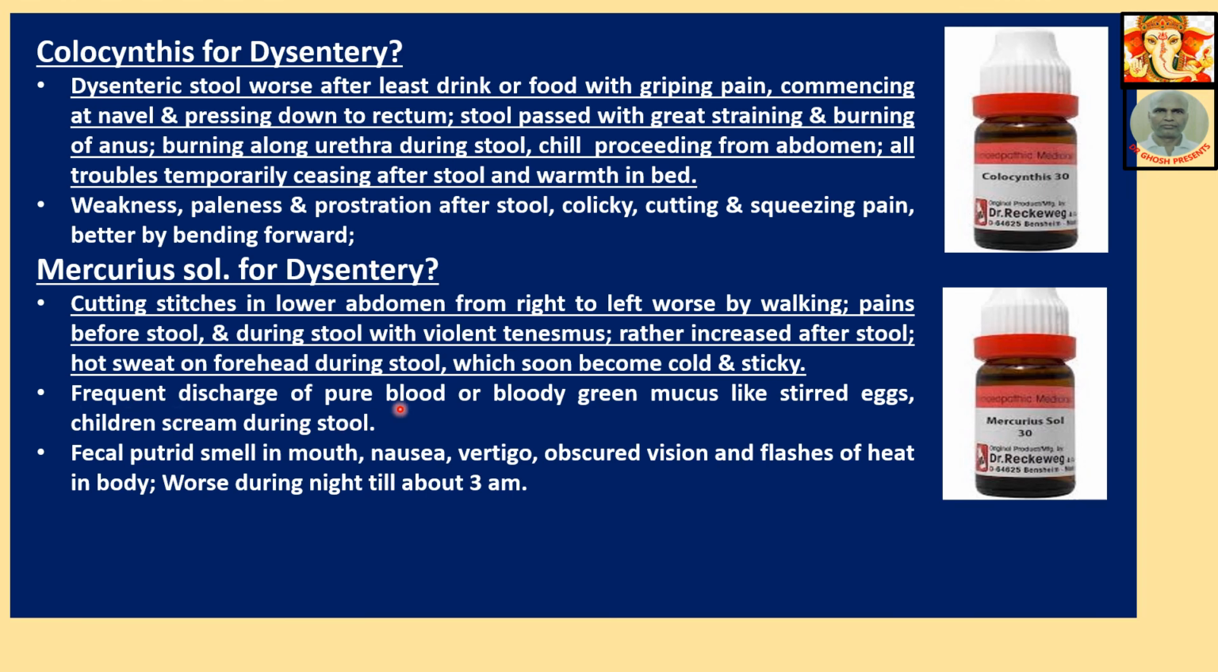Frequent discharge of pure blood, bloody green mucus like scrambled eggs. Children scream during stool. Fecal putrid smell in mouth. Nausea, vertigo, obscured vision and flashes of heat in bed. Worst during night till about 3 am. Mind it, Mercurius solubilis and Mercurius corrosivus both are important for dysentery, but there are